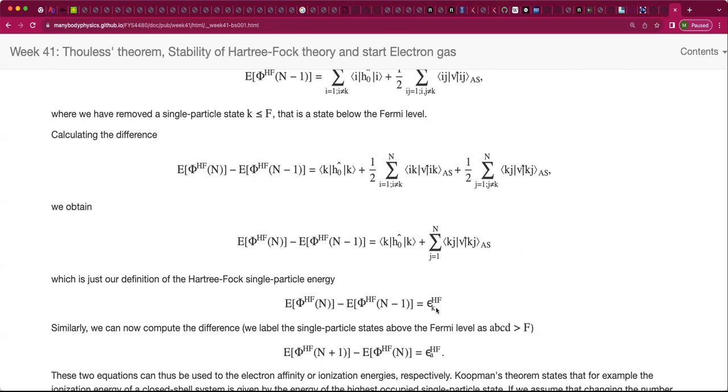So if you run a Hartree-Fock calculation and you get the single particle energies, you can actually obtain this as a first ansatz for the difference between a many body energy and a many body energy minus 1 particle. But the assumption is that these single particle states do not change. So it's useful in atomic physics, because in atomic physics, a large contribution to these single particle energies comes from